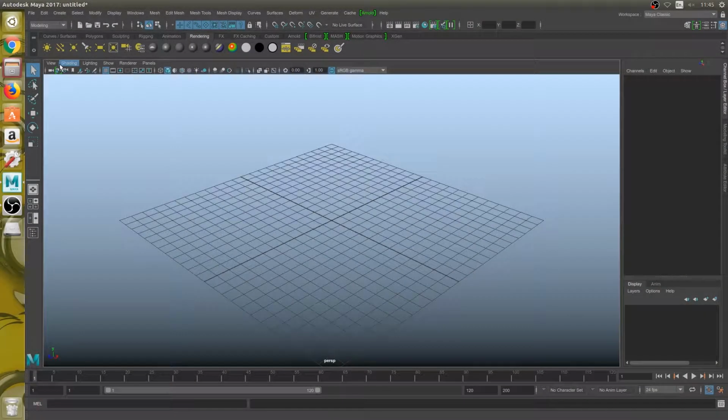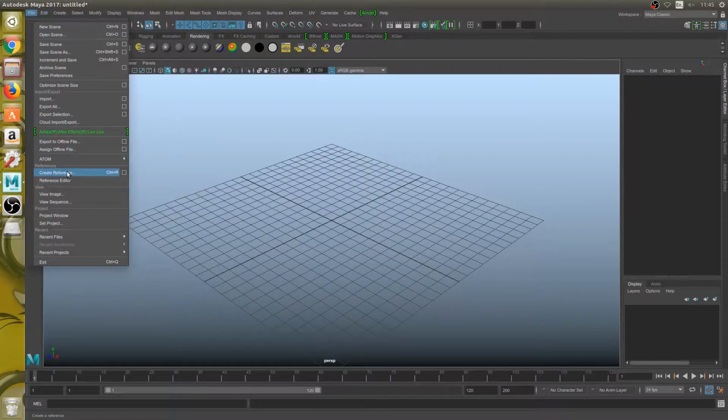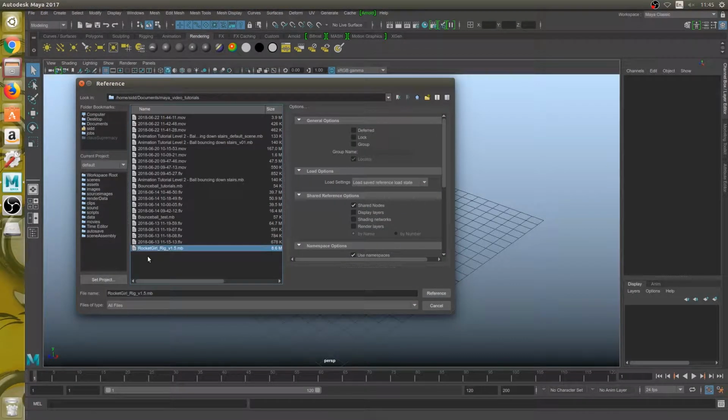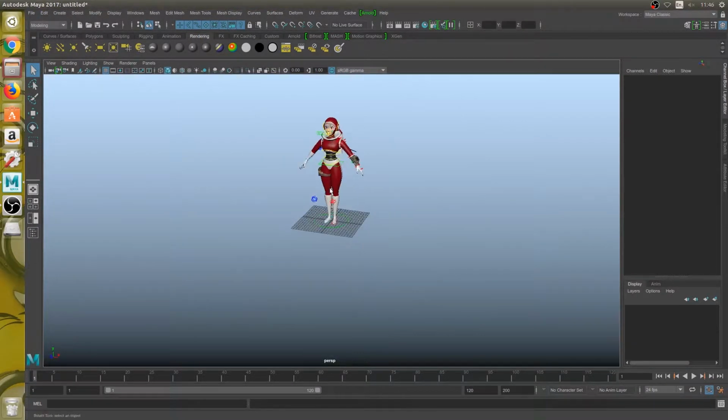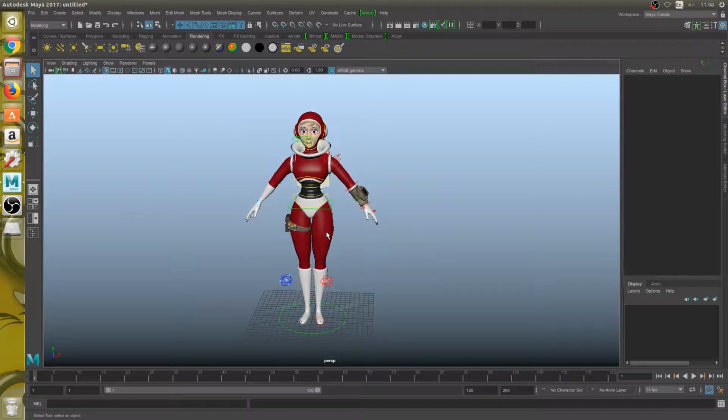This is lesson 3 on how to animate in Maya, and we're going to be animating a character rig today. Right, so we'll dive right in, and I'll start by referencing my character rig. The rig's called Rocket Girl Rig. There she is. I've downloaded Rocket Girl Rig from